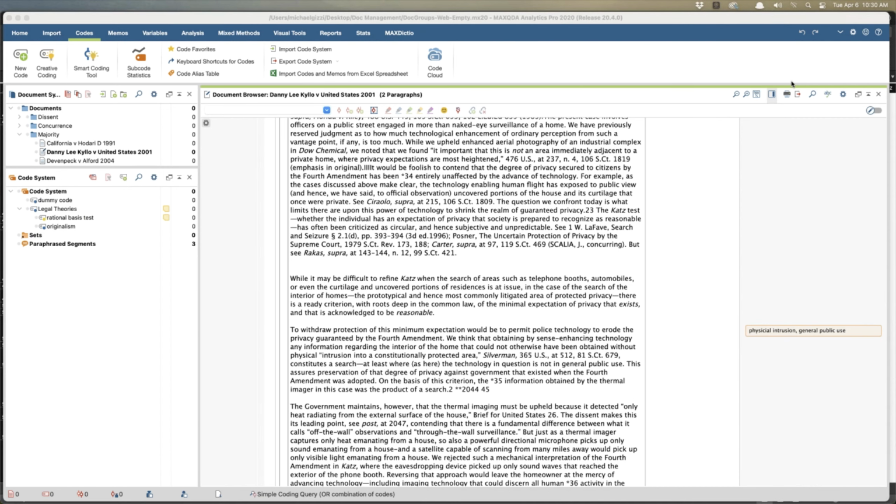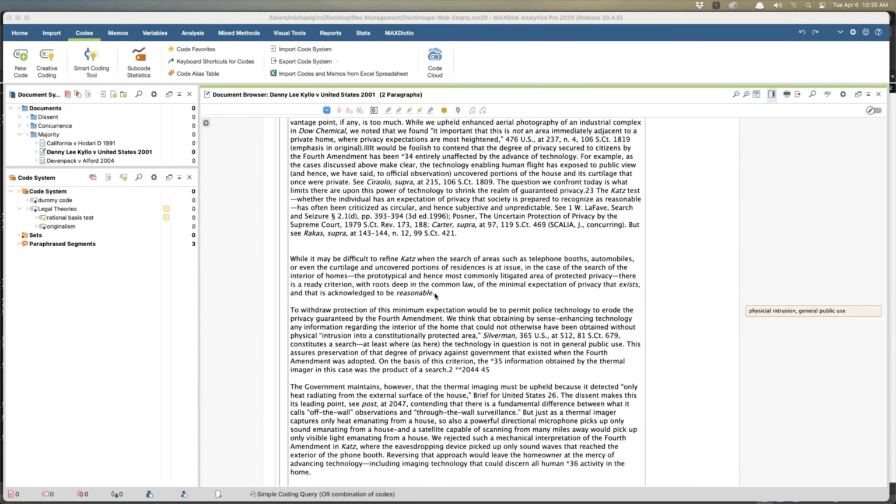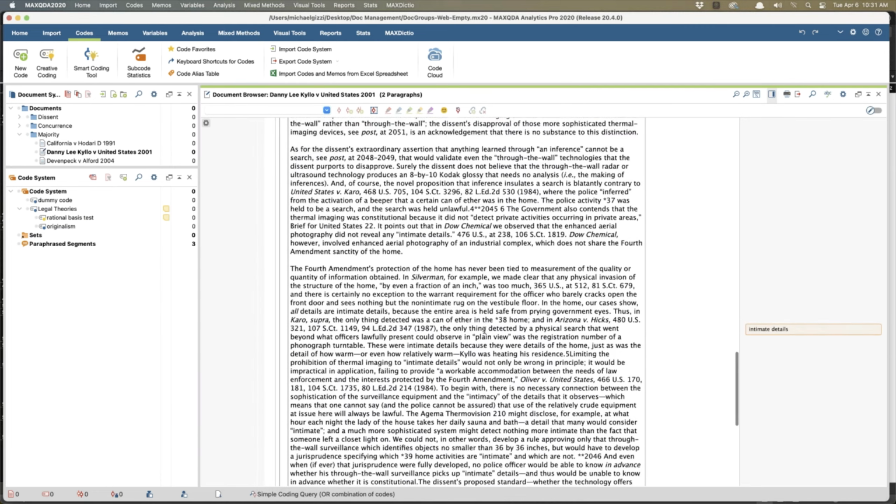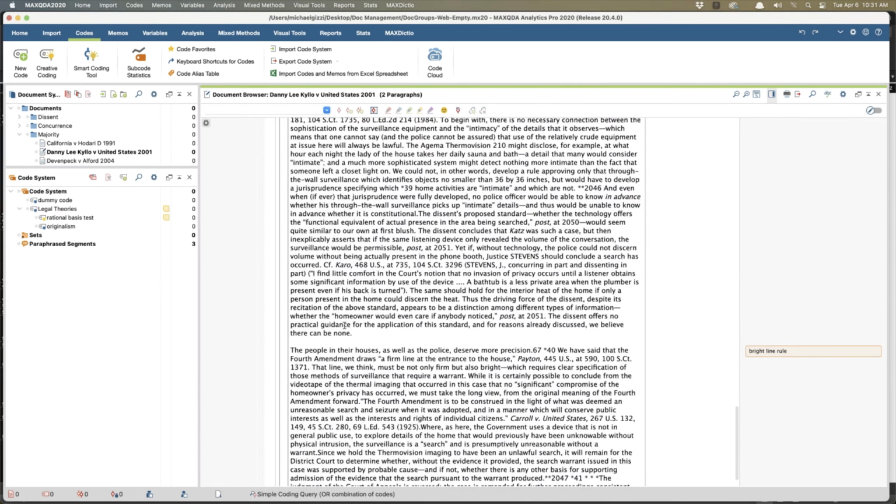Now, to do this, you'll notice they're grayed out because in a document, you have to actually have text. You notice the second I began to highlight text, two of these opened up, code in vivo and code with a new code. So I intentionally, these are paraphrases on the right and they were meant to be dummies so I would know where in the document to look for this.